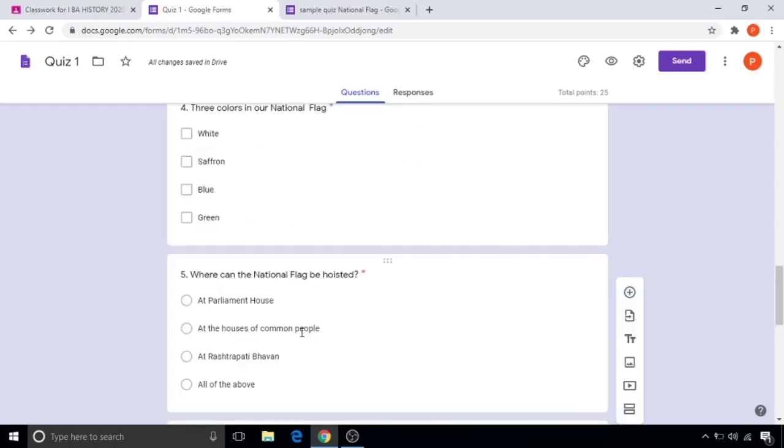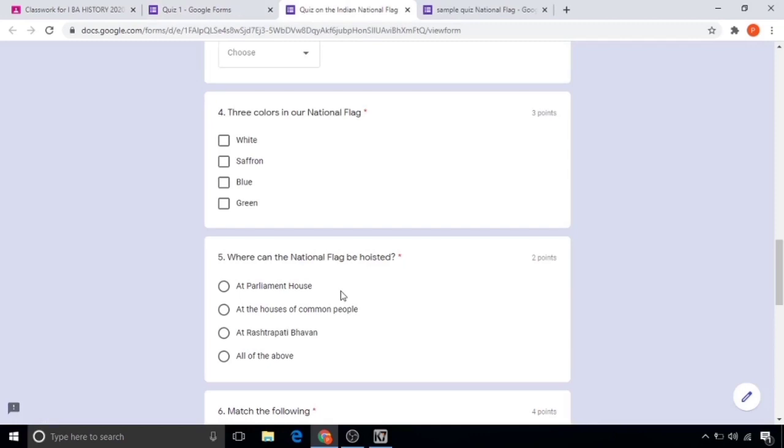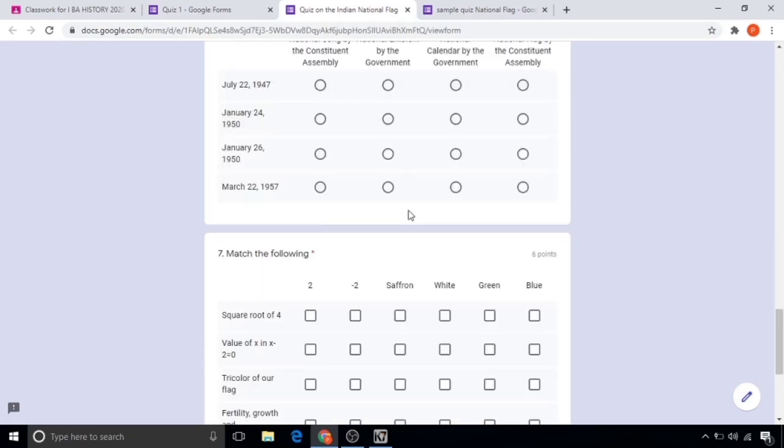The difference between multiple choice questions and checkboxes is in selecting options. In multiple choice type questions, a participant can select only one option per question, but in checkboxes, they can select more than one option for a question. To make it clear, let's move to see its preview. In multiple choice question type, we can choose only one answer per question. But in checkboxes, we are able to select more than one answer to a question. The same thing will be followed in multiple choice grid and checkboxes grid.